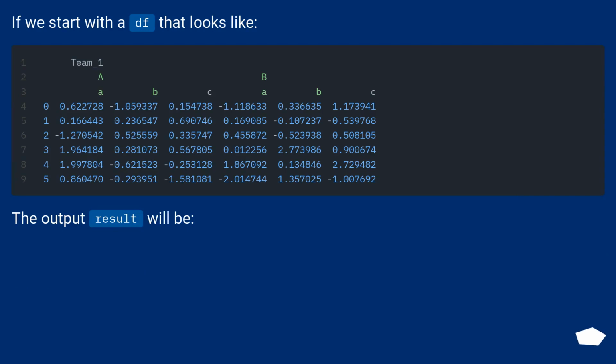If we start with a df that looks like this, the output result will be